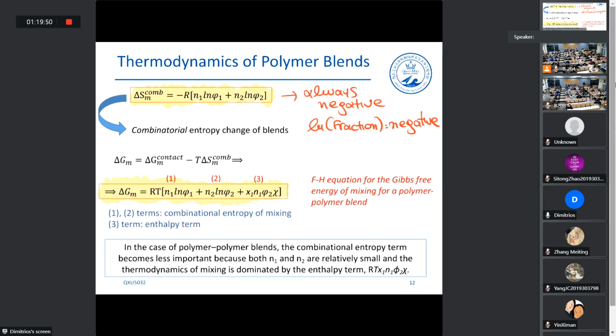We have the first two terms, which are the combinatorial entropy of mixing for 1 and 2, and finally we have the enthalpy term. Obviously, because in polymer blends, N1 and N2 are very small,